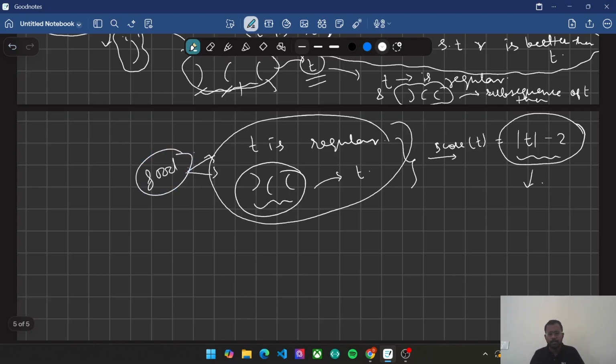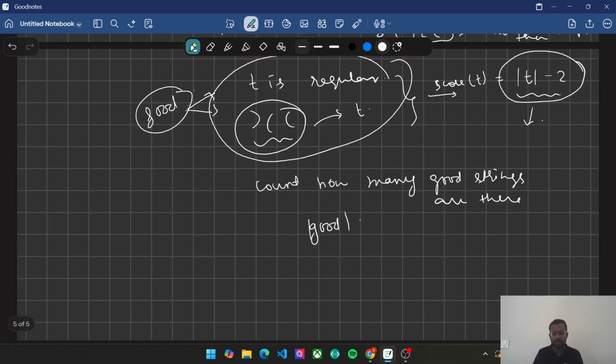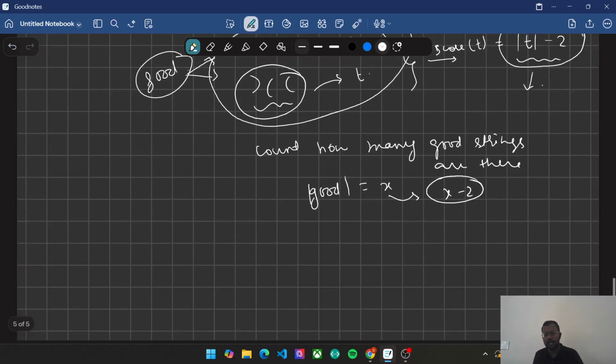Okay, so my task has been transformed to count how many good strings there are. And if the size of the good string is, let's say, some x, then my score is going to be x minus 2, right? And since n is 100,